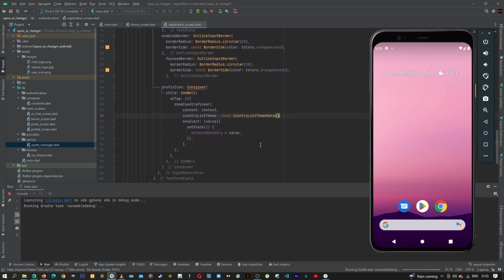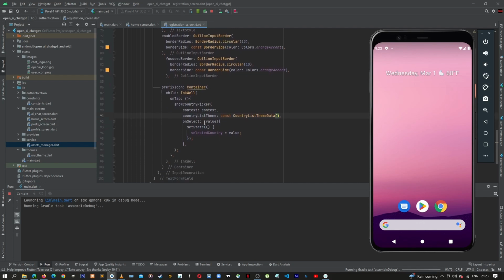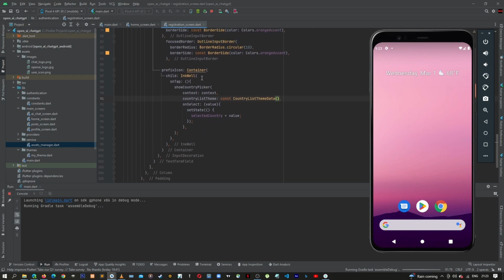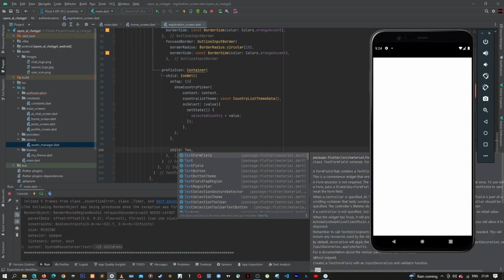So while the application is running, we can give this container, I mean the inkwell widget, it should be our inkwell widget here. Let's give it a child. This will be our text widget, which we are going to show our